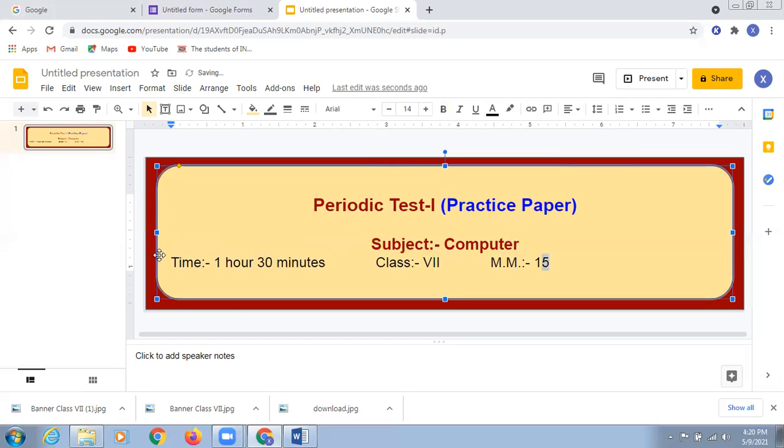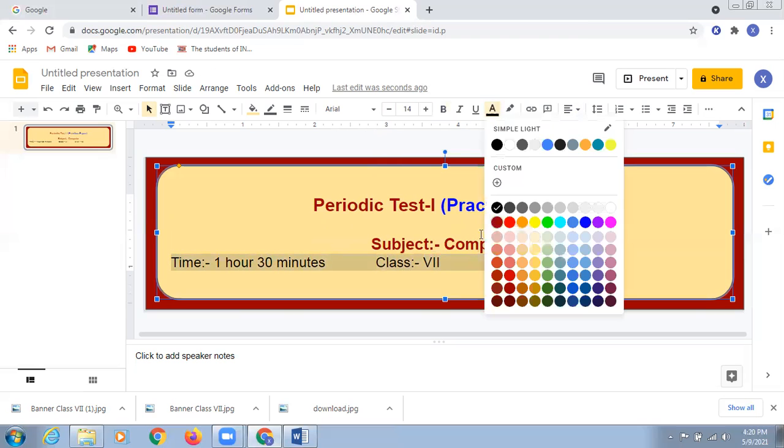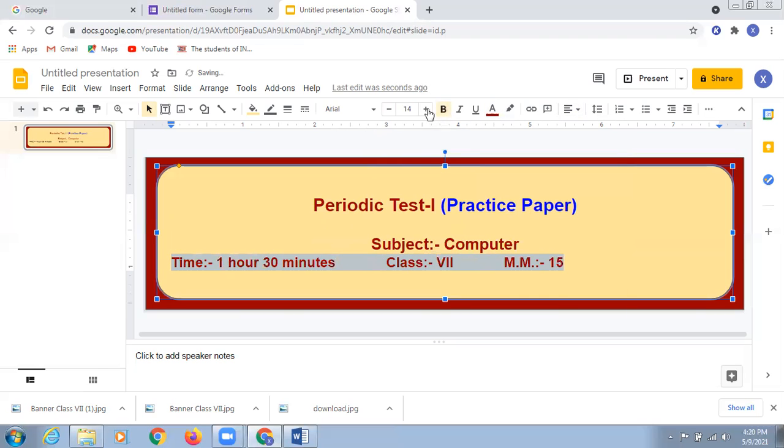So what we do again, I'm not going to apply any kind of alignment here. And what we do here, we are just again going to apply the same color, make them bold and like this. So what we are going to do here, no, it's not like that. I'm just going to make this, yes. Now we are just going to adjust it accordingly.